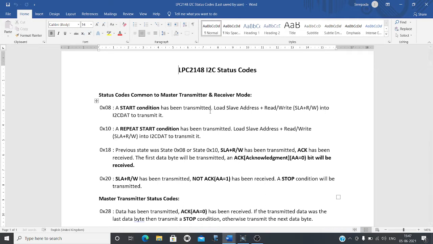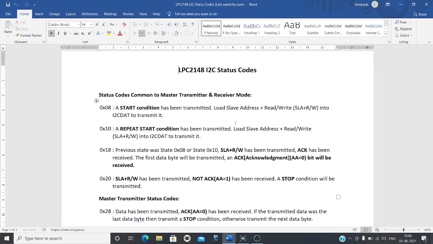And the status code also means to load the slave address plus read/write bit into I2C data to transmit it. Once the start condition is issued, what is the next action? You need to load the slave address followed by the read/write bit. Whether read operation or write operation, you have to mention, right?